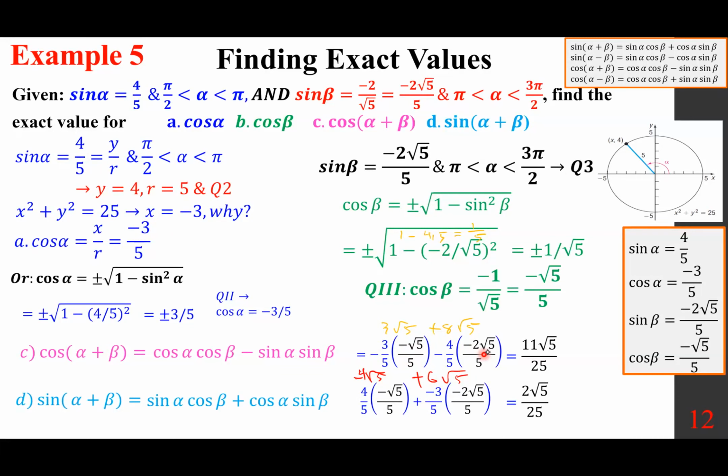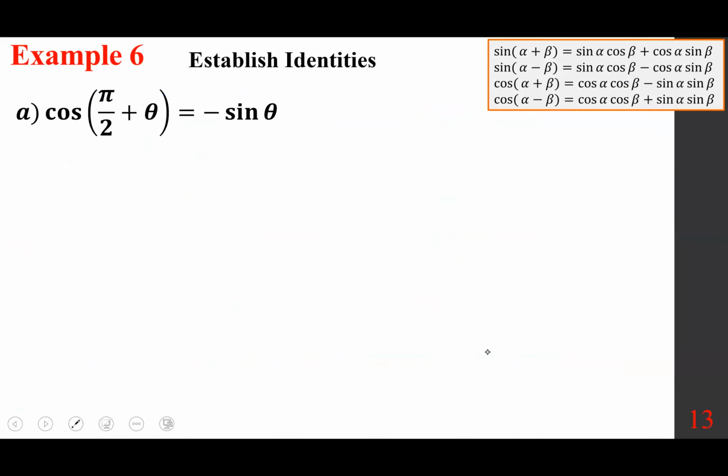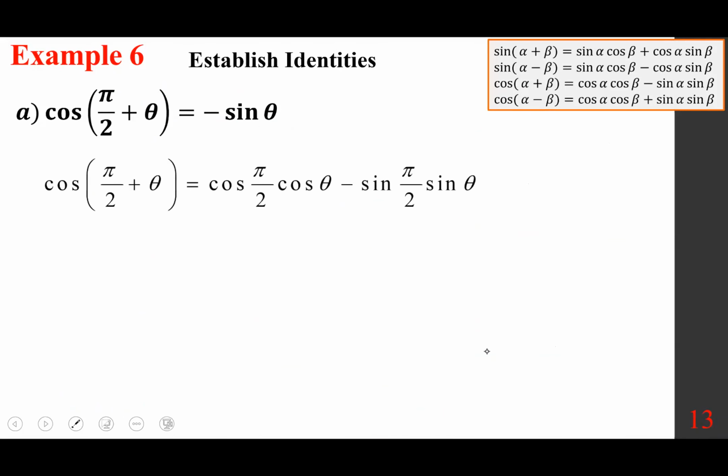And we pay attention again to the quadrant. Cosine of pi over 2 plus theta, we want to prove it's negative sine theta. Well, remember, we start with the more complicated side as always. And in this case, again, the left-hand side will do the job. So we're going to start with that. Cosine of pi over 2 plus theta